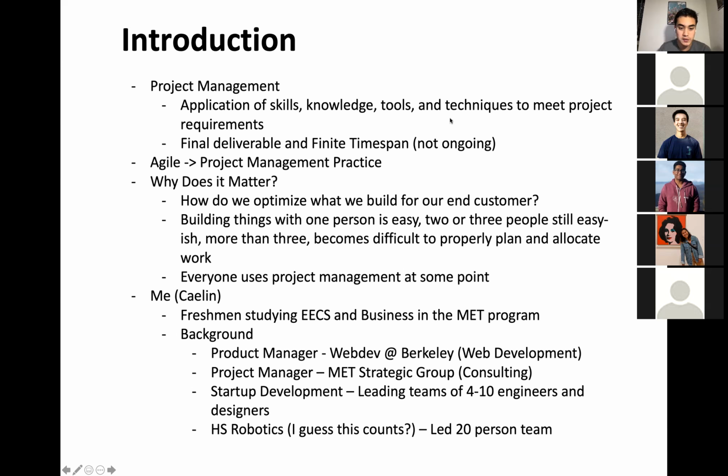As for myself, I'm a freshman studying EECS and business in the MET program here at Berkeley. My background: I'm a current product manager for web dev. I was a PM last semester for MET Strategic Group, which is a consulting club on campus. I've worked on various startups leading teams of 4 to 10 engineers and designers. And in high school, I don't know if this really counts, but I led a 20-person robotics team, all using